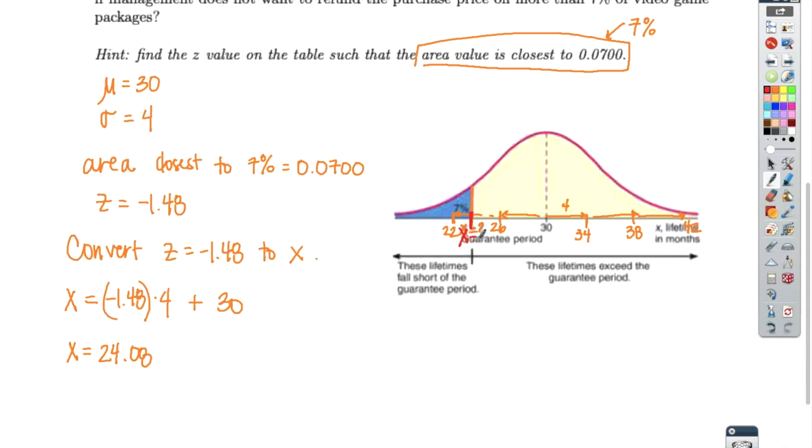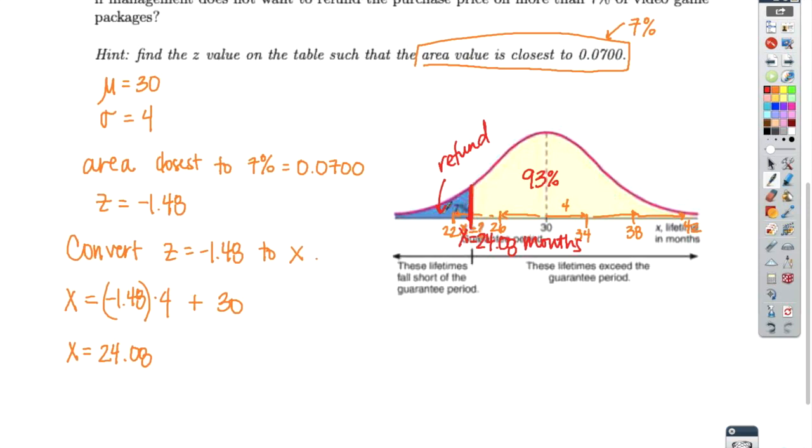X equals 24.08 months. So here's what that means on this curve. It means that if the company guarantees their video game systems for 24.08 months, it means that 7% of them will fall into this area. So that's the 7% where the company would offer refunds. Like if you buy this video game system and it only lasts for 22 months, you can apply for a refund. Now, 93%